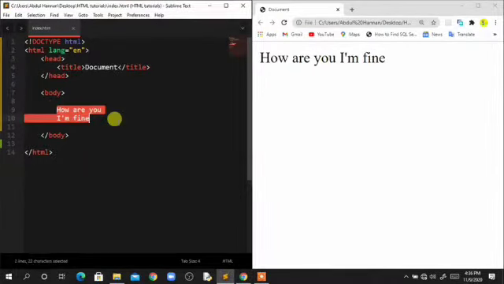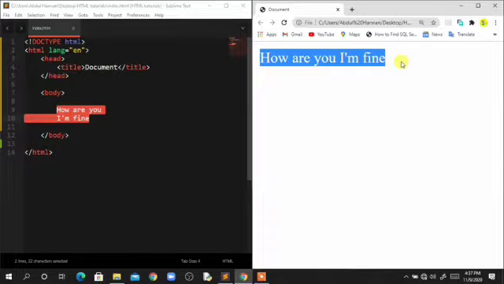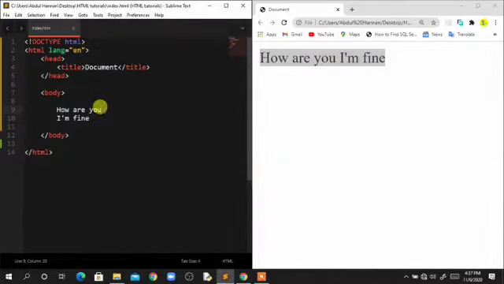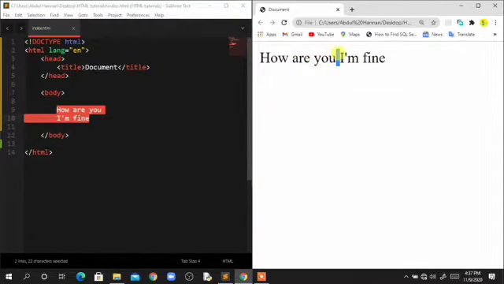Observe that in my editor I wrote the text in two lines, but in my web browser, my web page, the code is being displayed in a single line. Why is it happening? Because HTML will avoid any unnecessary spaces. To tell HTML that it needs to put these two sentences in two different lines, you need to add a